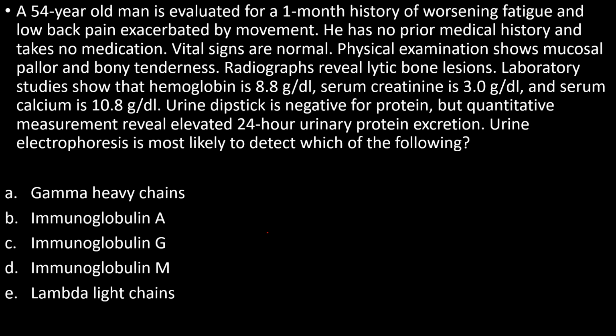Urine electrophoresis is most likely to detect which of the following? Pause the video and think of the answer. So the key findings here, that is the lytic bone lesions, and also there is elevated 24-hour urinary protein excretion. All this indicates that this is a case of multiple myeloma. It is a lymphoproliferative malignancy characterized by monoclonal plasma cell proliferation and production of monoclonal paraproteins, for example immunoglobulins or chain